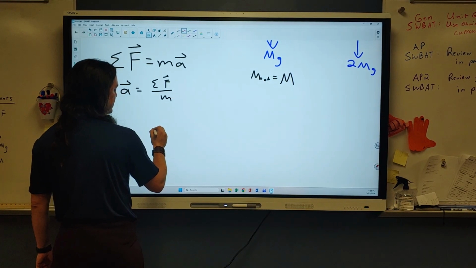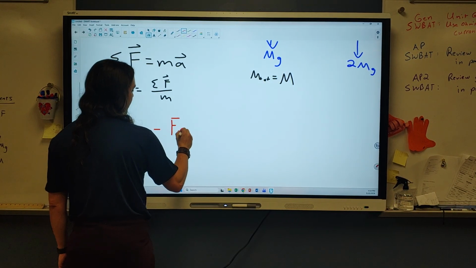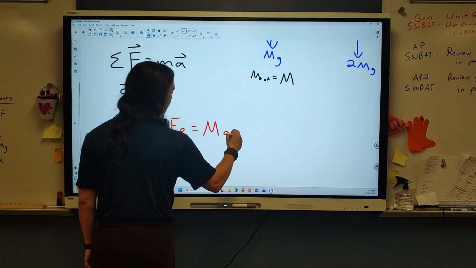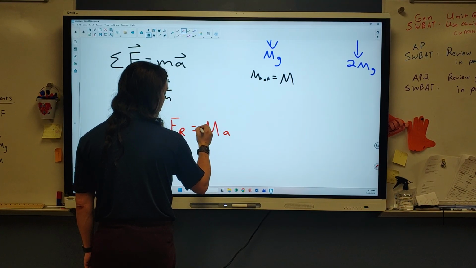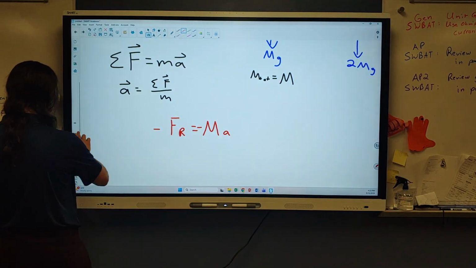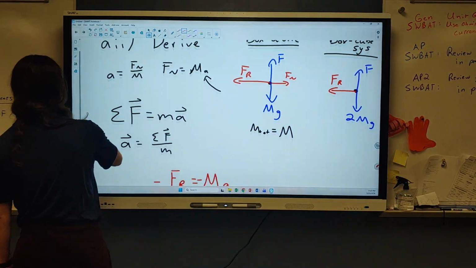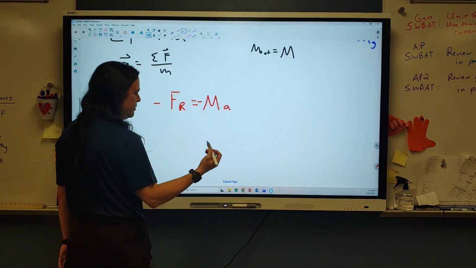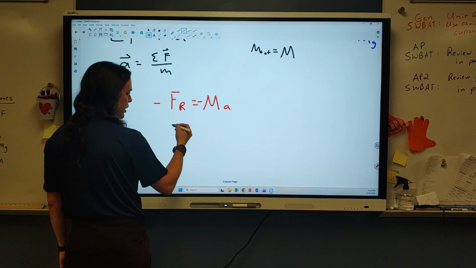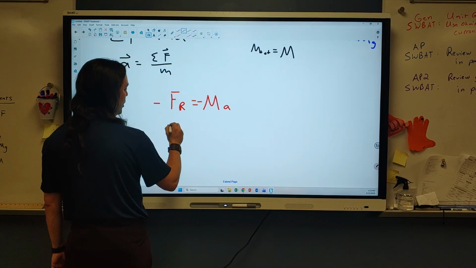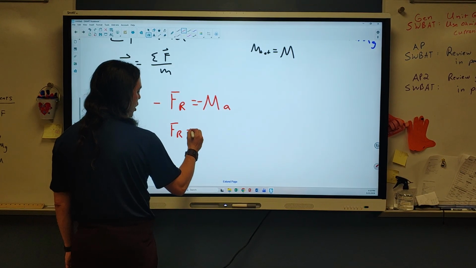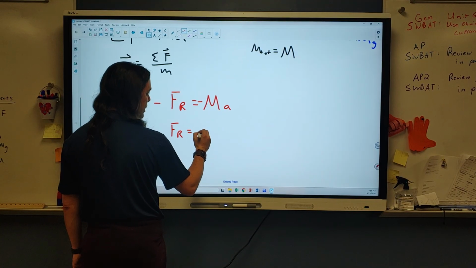Okay, going to my appropriate system, I have negative Fr is equal to our mass times our acceleration, and I'm going to put a negative in here because our acceleration is also going to be to the left. You can make to the left the positive direction. There's going to be some issues with directions in here as we go through. But we end up with the following, basically, that Fr, our resistive force, is going to be equal to,